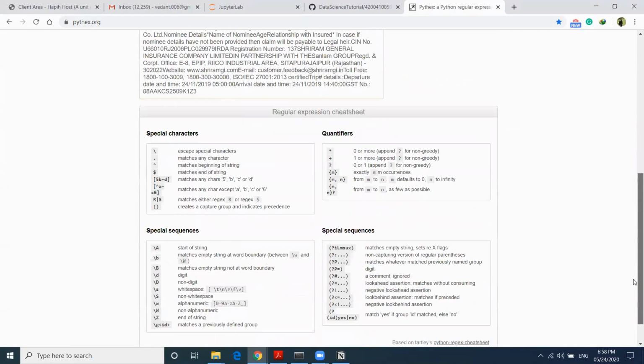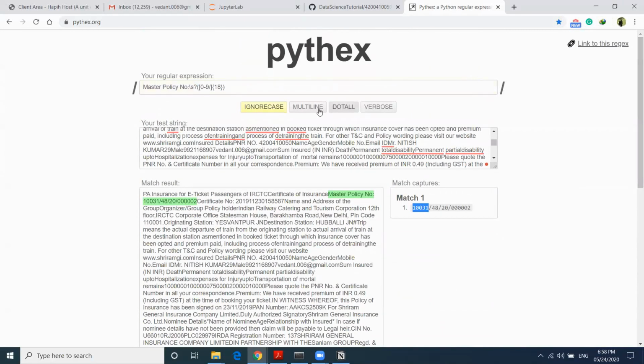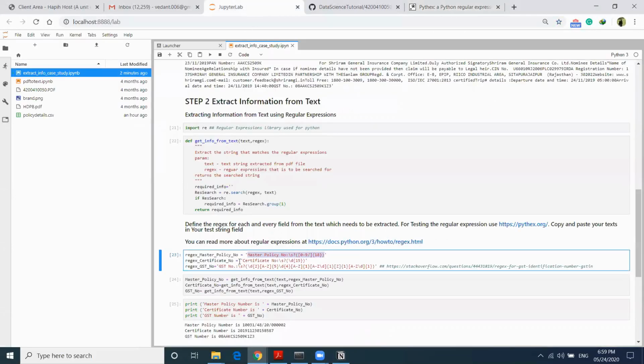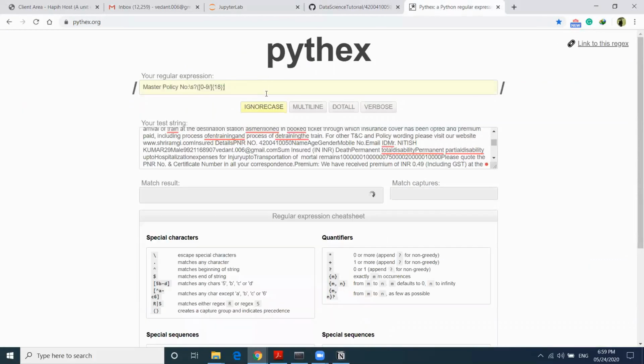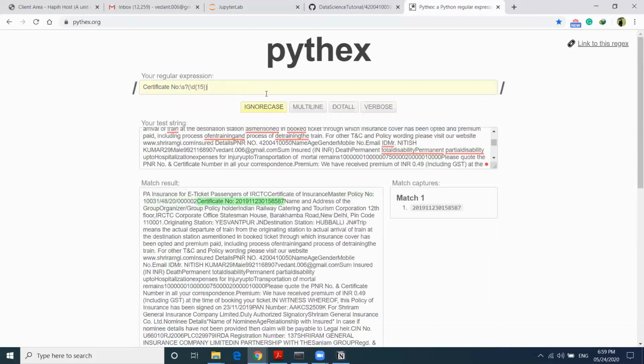In pythex.org you can see the cheat sheet also, how you can frame the different regular expressions. So you see that for extracting master policy number, I have framed this regular expression. By practicing, you can make your own regular expressions easily. And for certificate number, I have defined this regular expression.